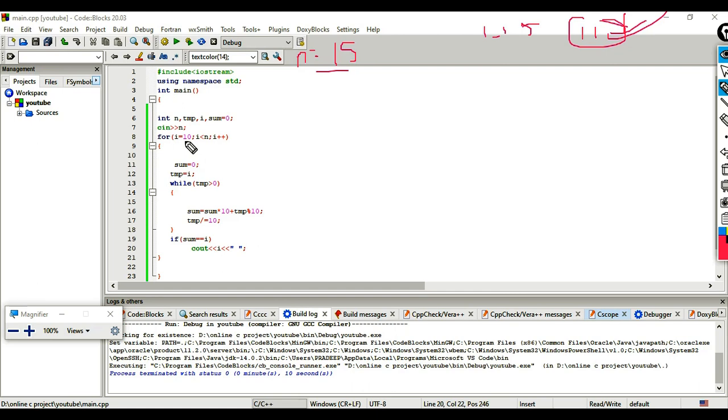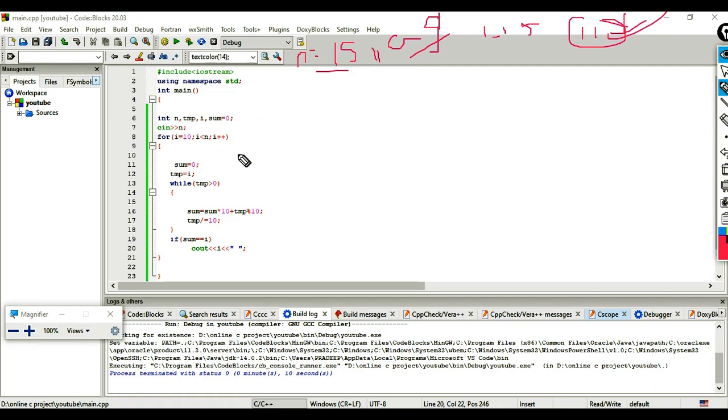We are not running the for loop with i equal to 0, because as we know, from 0 to 9 there is no palindrome there. There is very little chance because they are single-digit numbers, so we want double-digit numbers to check whether it is a palindrome or not, and then print that number. That's why we start with i value 10, and 10 is less than 15.